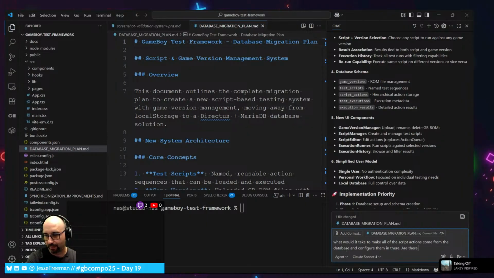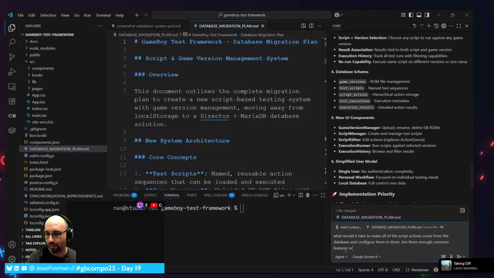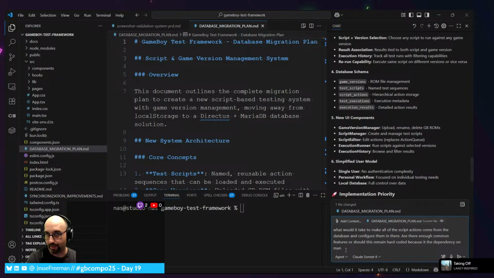Are there enough common features, or should this remain hard-coded because of the dependency on manipulating the